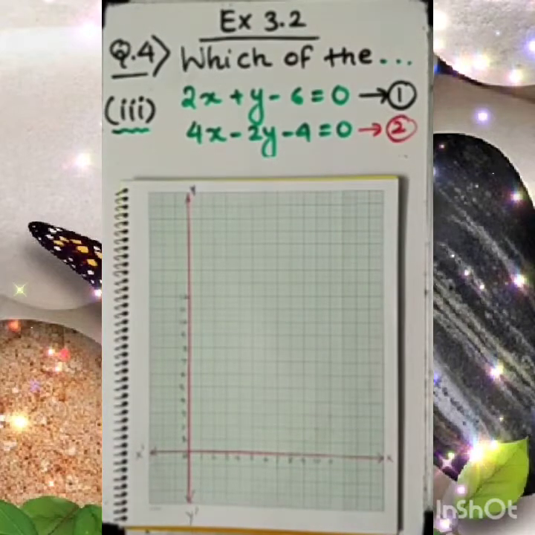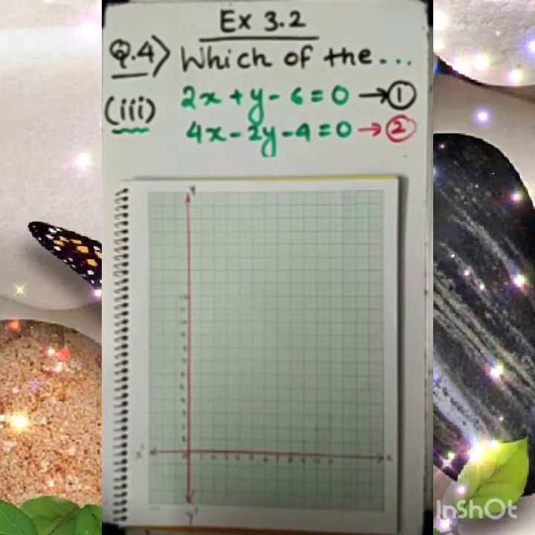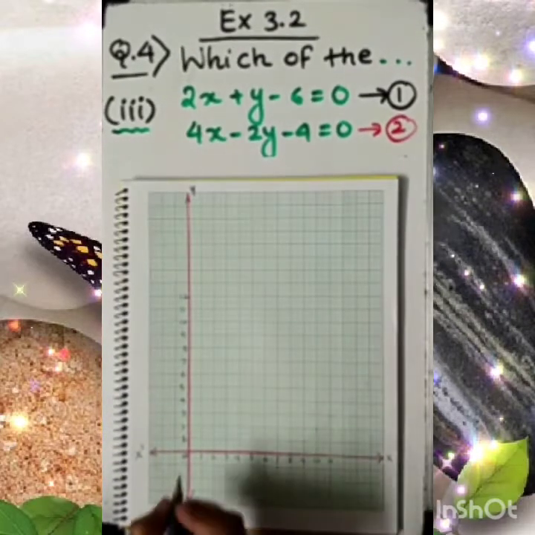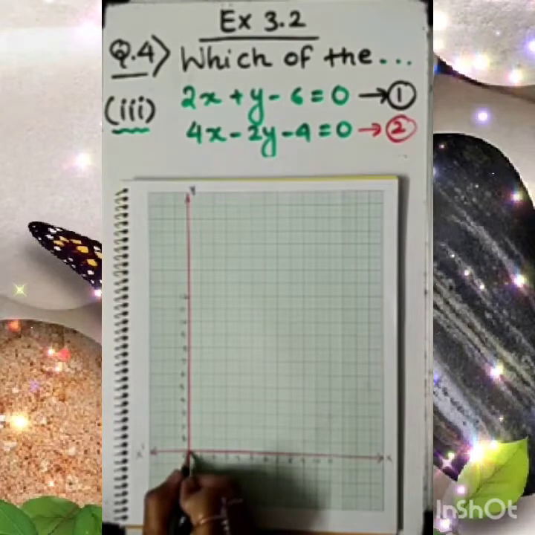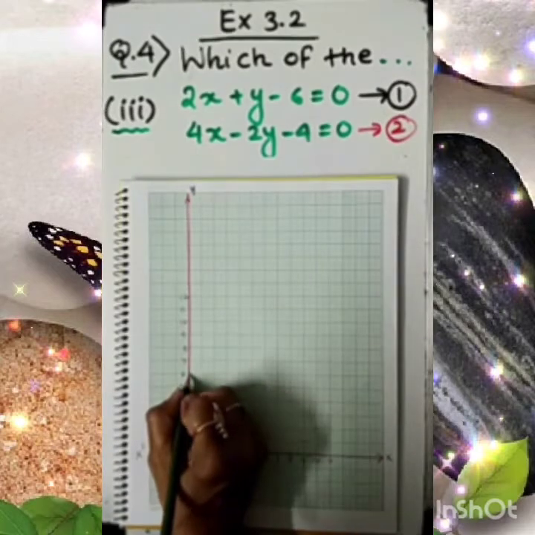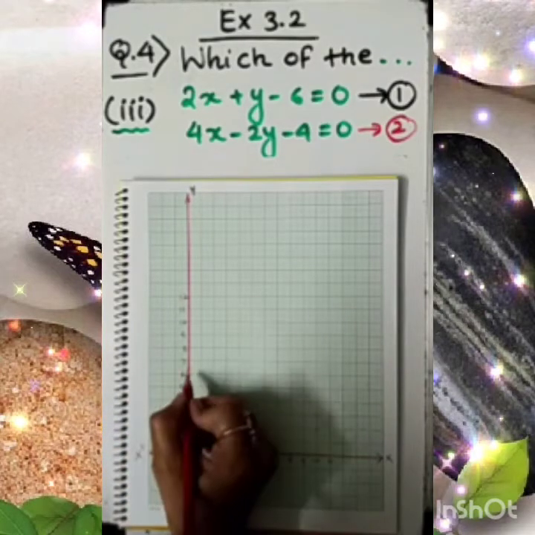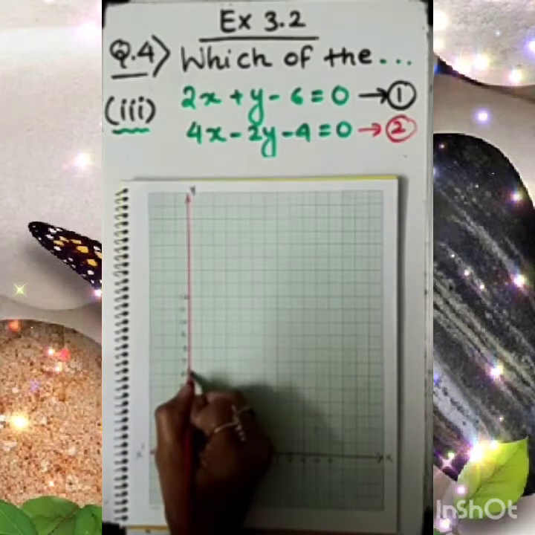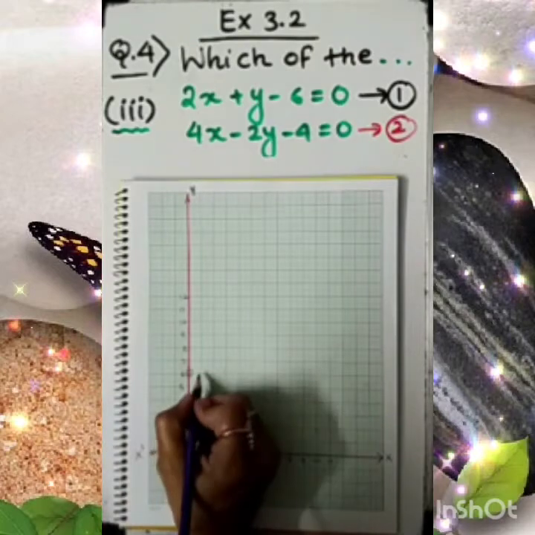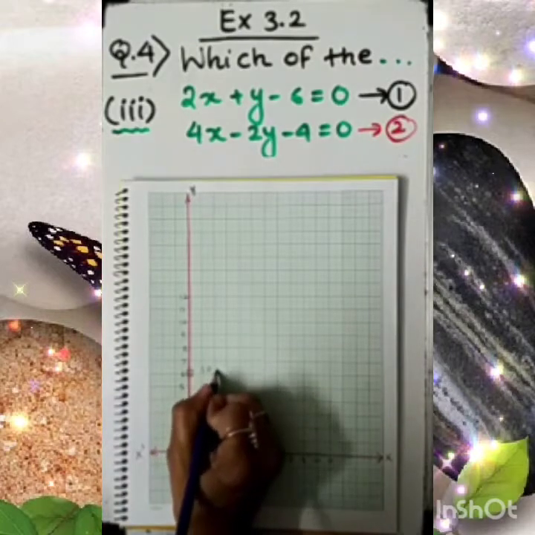Now, the first linear equation has given us these points. First (0, 6). So let me locate where it will be, (0, 6). Of course, 0 is connected with the x coordinate. So (0, 6) will be somewhere here. You can see (0, 6) on your screen. We need to locate it here, and let me write that this point is (0, 6).